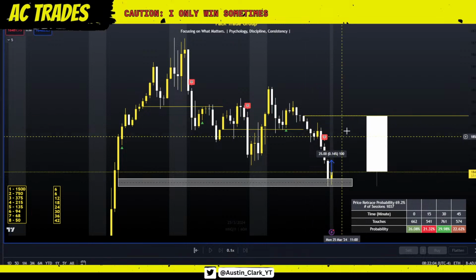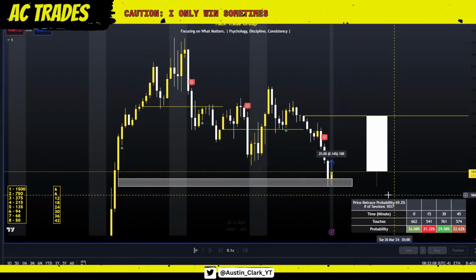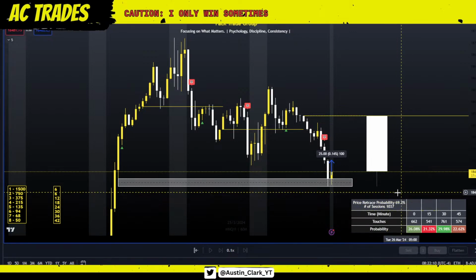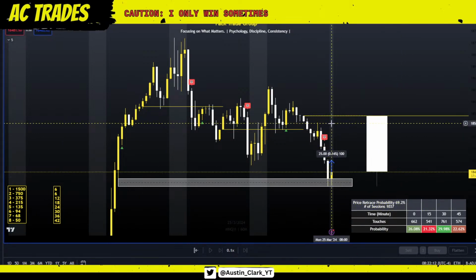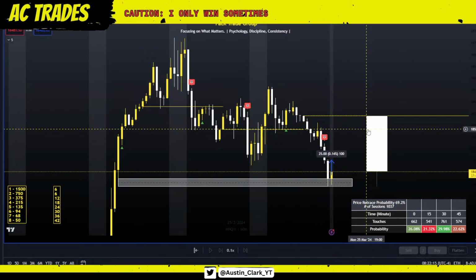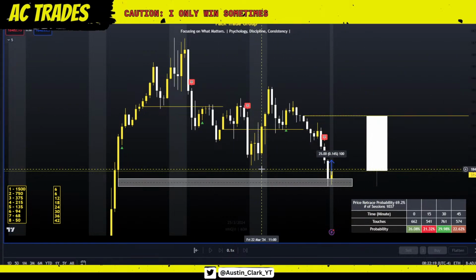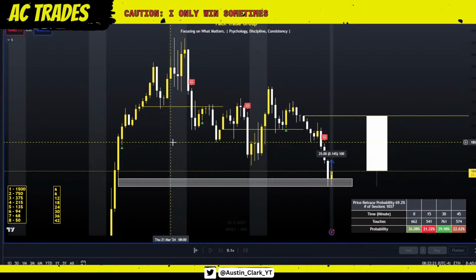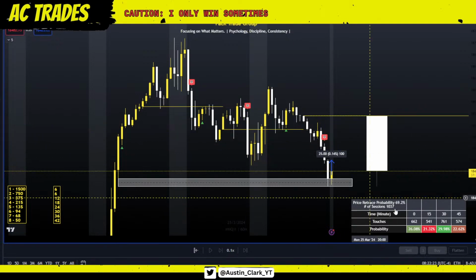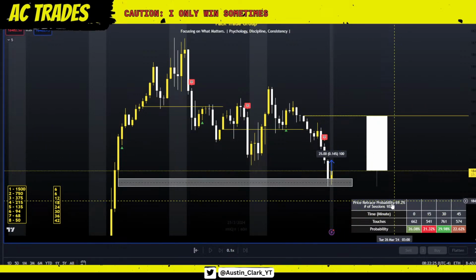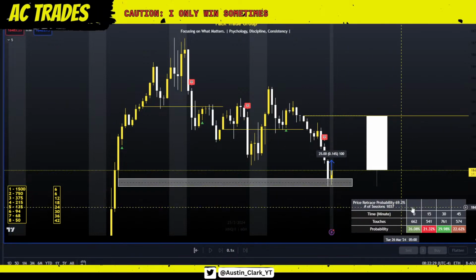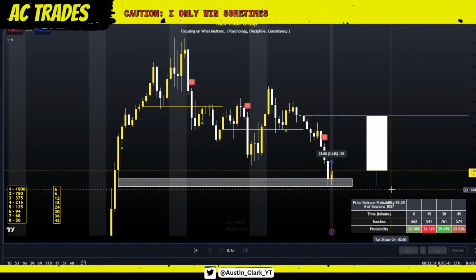When price loves to retrace this midnight open, especially when it doesn't through London and New York, it gives us a higher probability of wanting to come up here and retrace this at least one time throughout the day. The highest chance is between the hours of 8 to 11:15 a.m. EST, which is highlighted here on the chart. You can see we have a 69.2% chance out of 2.8 years of data. If you go into replay mode, you can get 10-plus years of data to see that this is a 65 to 67% chance.